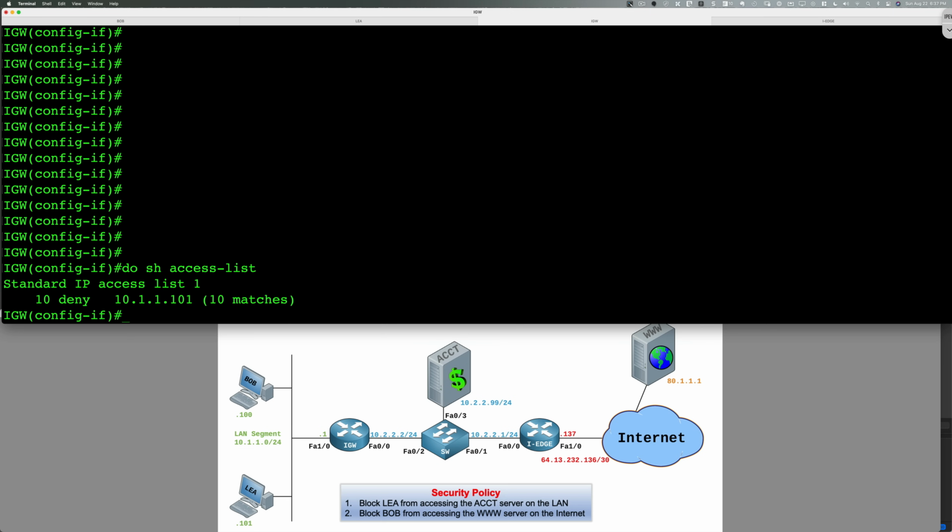There is an issue with this access list. Can you spot what the issue is? If you want to pause this video for a moment, go right ahead. See if you can spot the issue. Well, here's the challenge. We don't have a permit any statement at the bottom of this access list, and that is necessary. So what we should do is go back to global config mode, type in access-list 1 permit